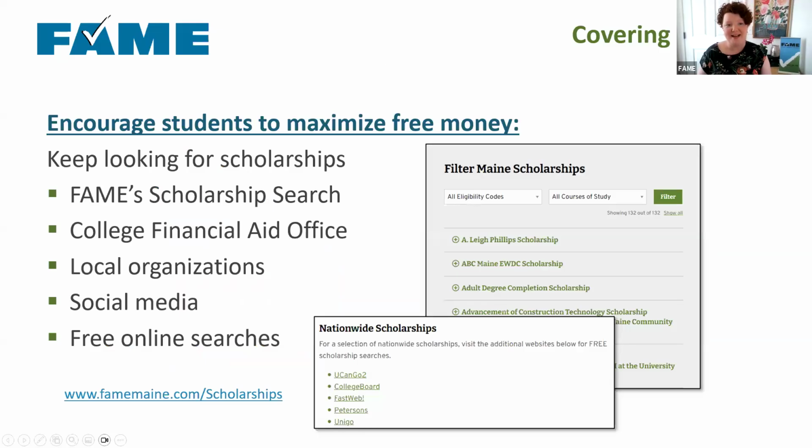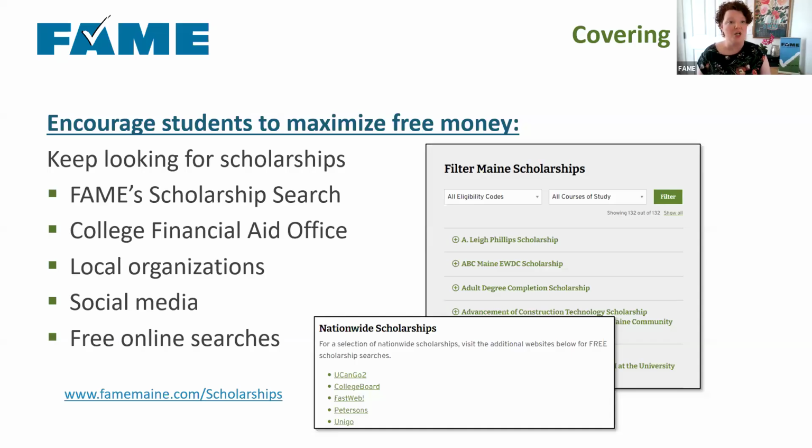Encourage students to maximize their free money. So I mentioned that some colleges are going to look at scholarships and adjust financial aid. But a lot of colleges do not do that. So, you can certainly ask that of your college, but even for the colleges that do adjust financial aid, it is usually not a dollar for dollar adjustment. At some schools it might be, but usually it is not. So students will see it's still to their advantage to have scholarships. It's going to help them more than the potential financial aid they might lose from the college.